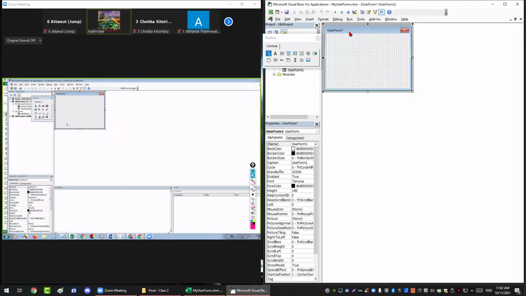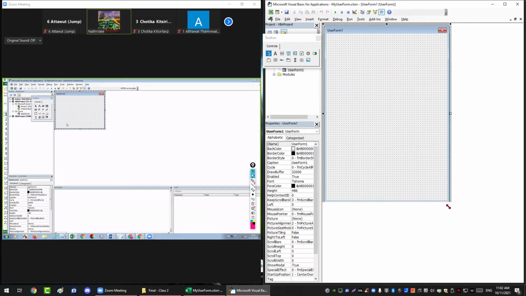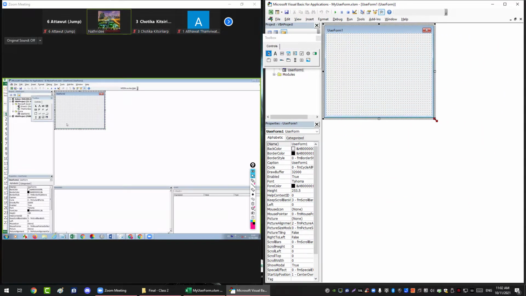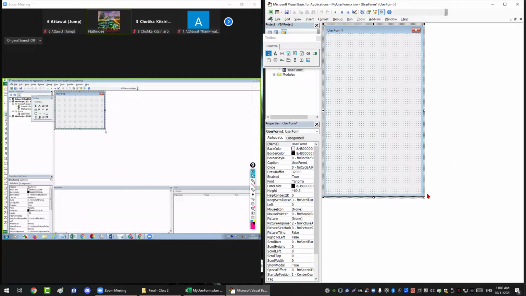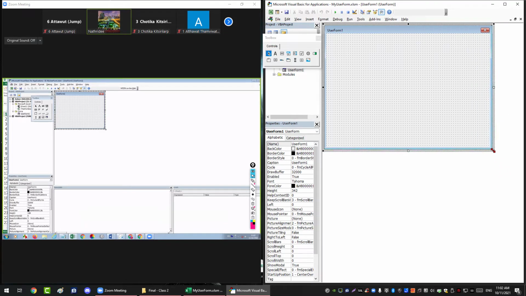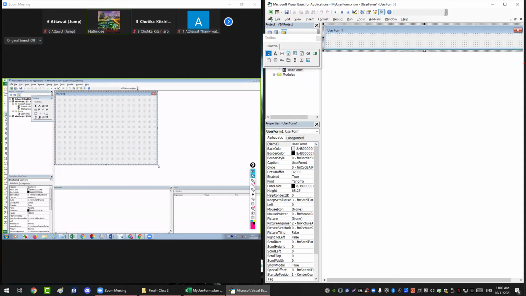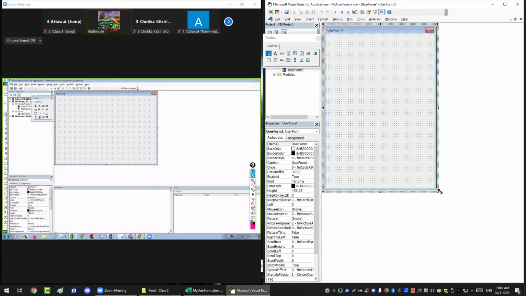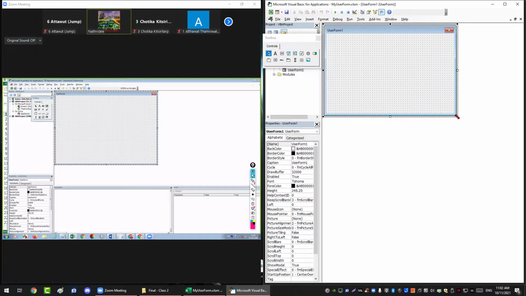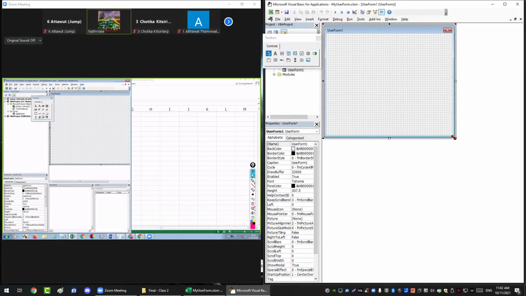Once you open the user form here, you can extend it down until you feel comfortable with that, and then you can resize after you finish. Okay, so here what we're going to do is